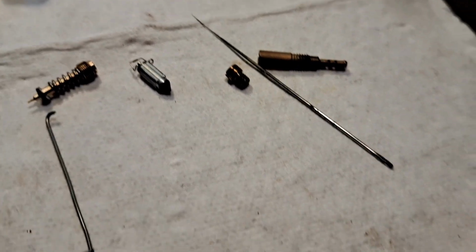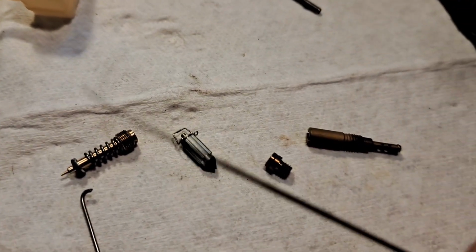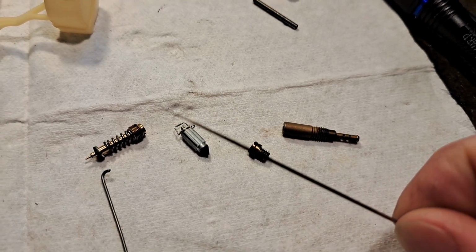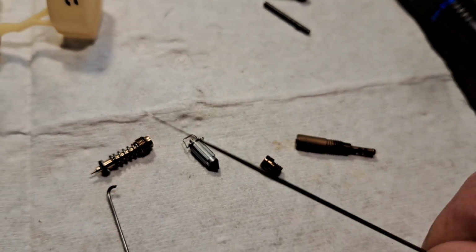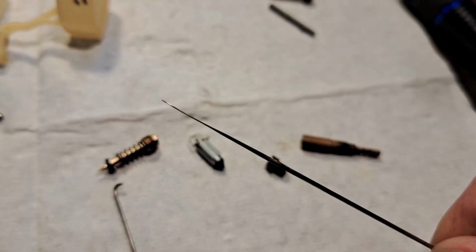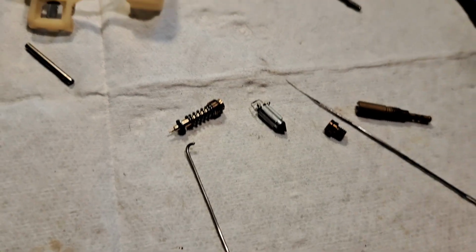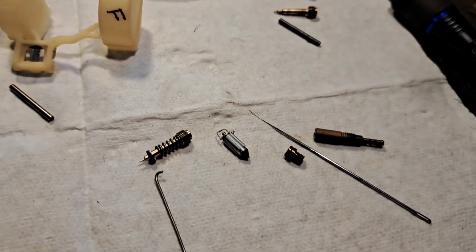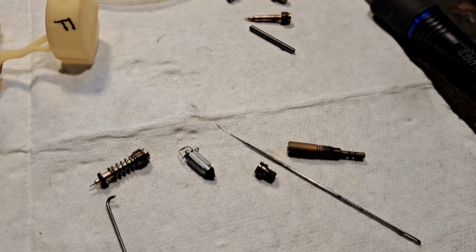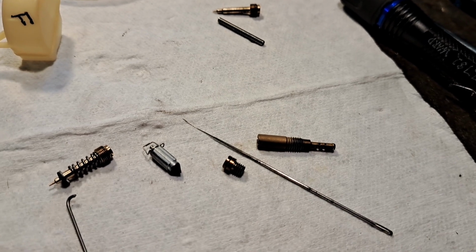What I use is I have this needle. It's kind of a heavy needle. Let's see if I can get that to focus. It's hair thin on the end, and it's a heavy needle like for sewing leather or canvas or something. There it is. And I ground that down carefully on a bench grinder, and I've been using that tool for years. It doesn't remove any material out of the jet, but it's rough enough where I ground it, and I ground it